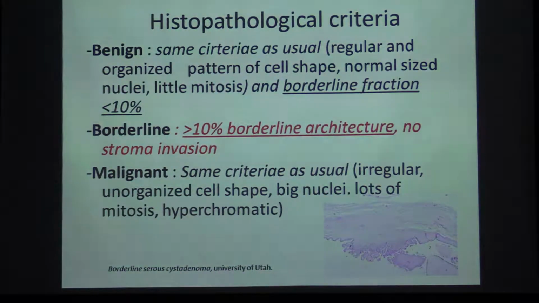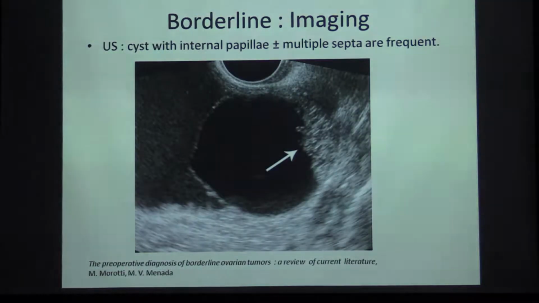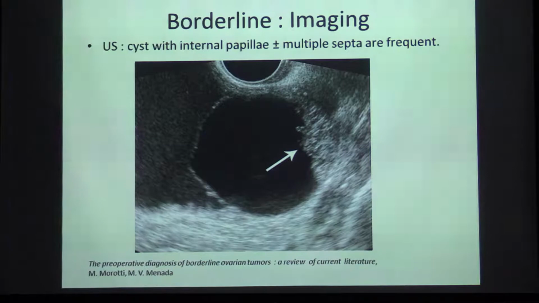A borderline tumor has more than 10% borderline architecture with no stromal invasion. In the study of Thoeny-Nagara, there were few cases of borderline tumor, so other criteria are proposed to determine if it's a borderline tumor or a malignant tumor. For example,